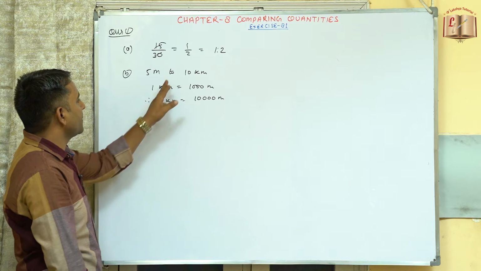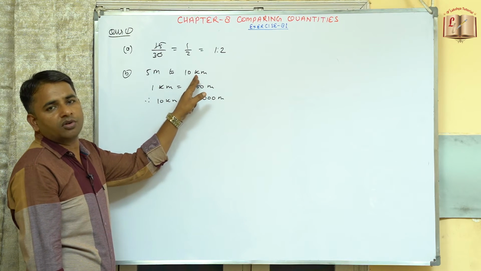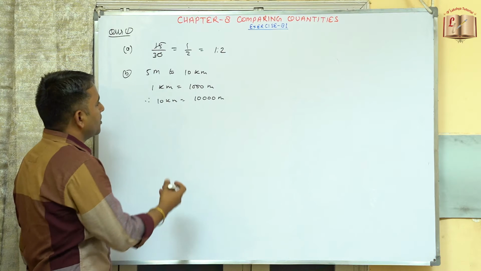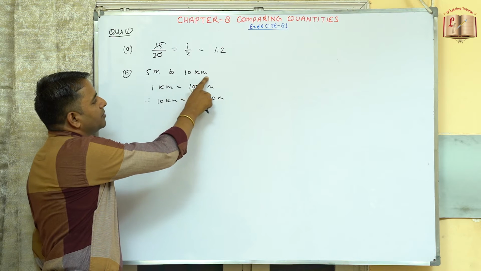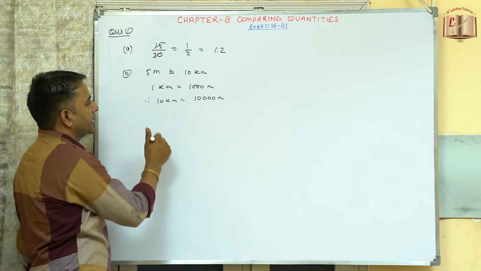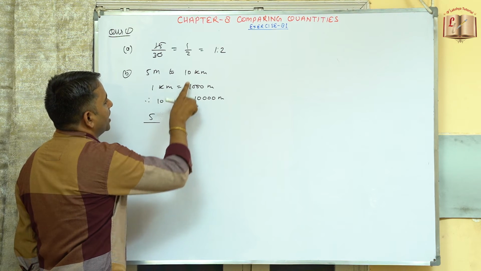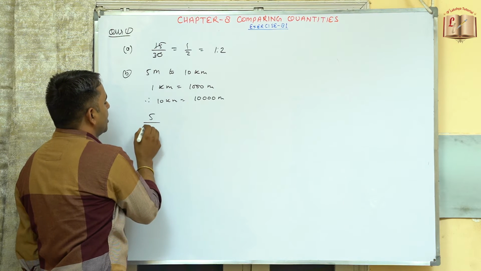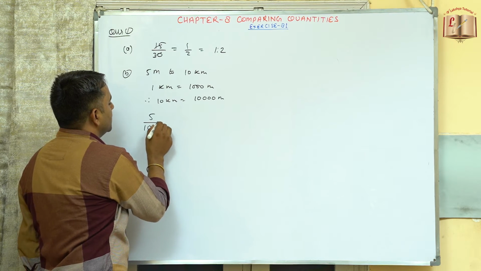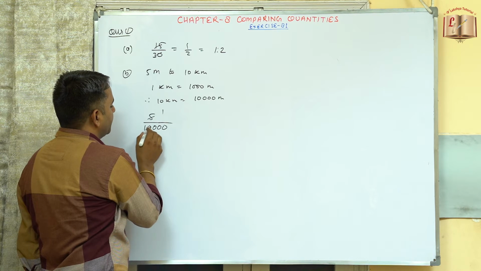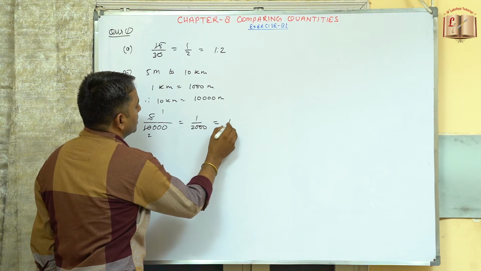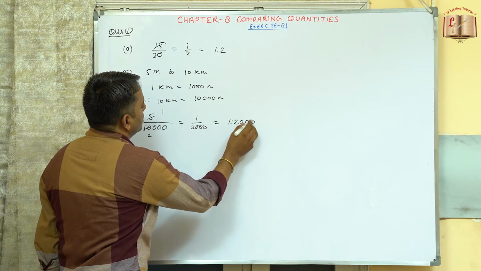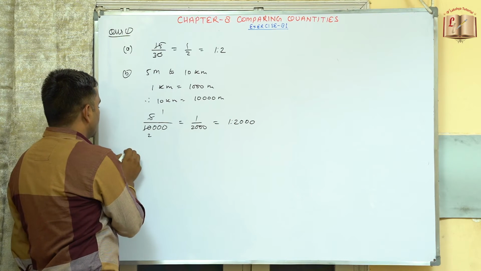और रेशियो में भी 2 के बाद में जो नंबर लिखा रहता है वो हमेशा डिनोमिनेटर होता है. So now ratio will be always 5 meter divided by 2. 2 के बाद में जो नंबर आएगा वो हमेशा क्या रहेगा, डिनोमिनेटर में. So this is 5 divided by 10 kilometers, means 10,000. Now we'll find out the ratio. 5 1 ja 5, 2 ja 10. So this is 1 by 2000. So this is 1:2000. So this is now the ratio.